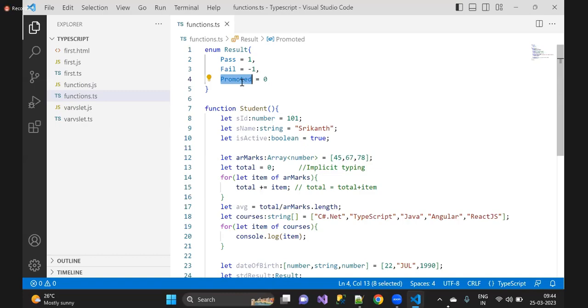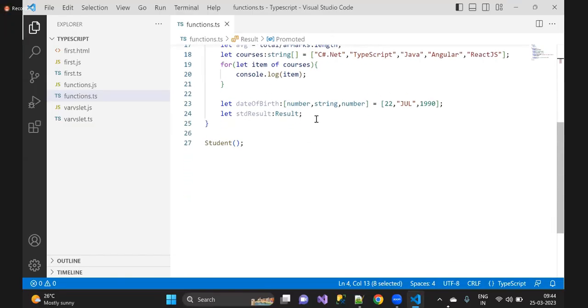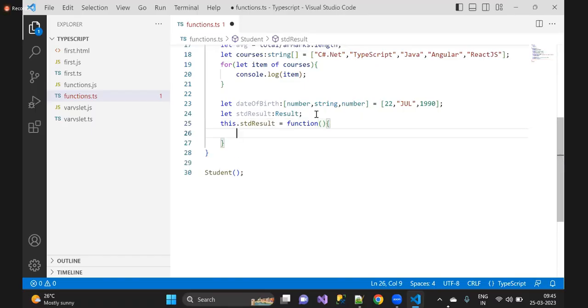That is the structure that I am following. Understand? That is where I'm creating something like that. And now here, what I can do is write a simple function, and that function will get the result. So how can we do that? this.stdResult is equal to, I'm writing a function here, and inside the function we'll write something,